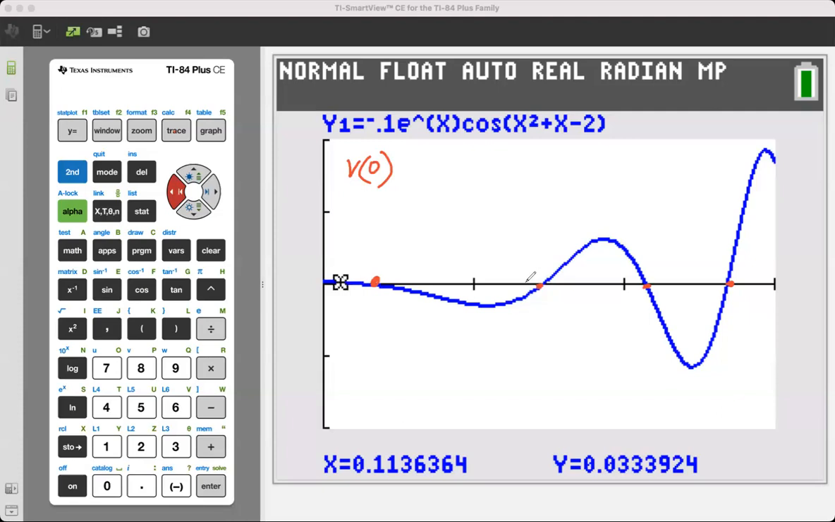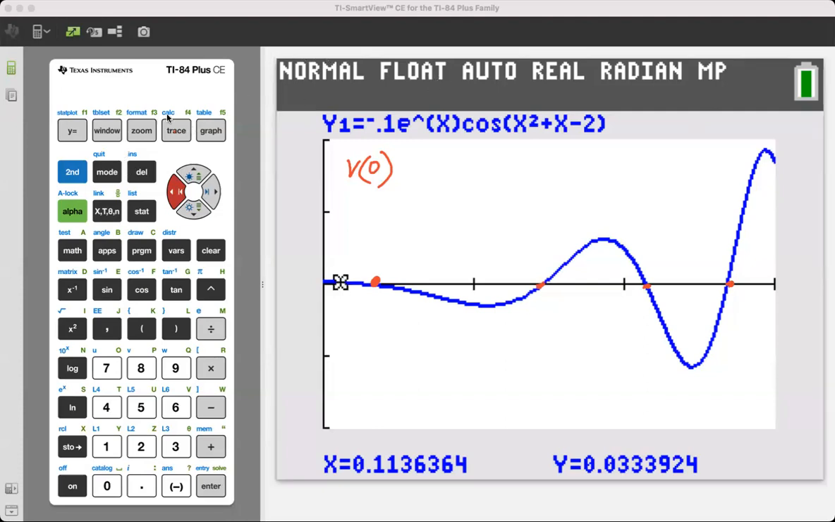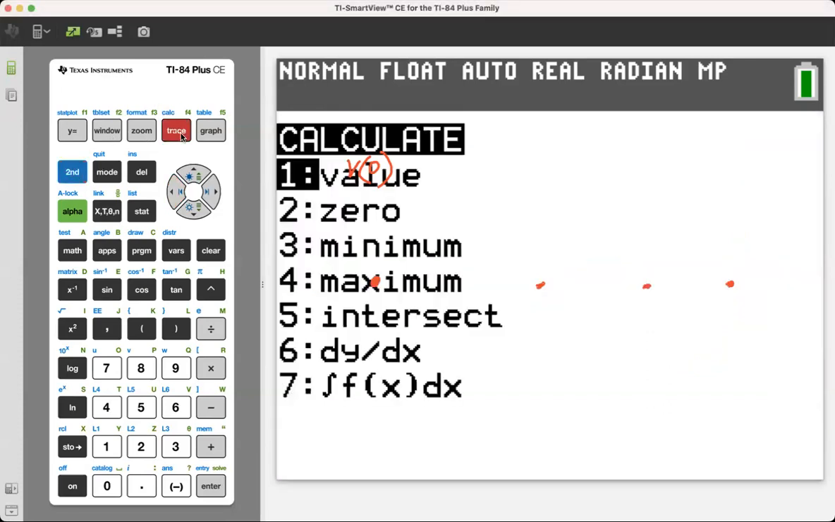C, at what times is the particle at rest? So we need to find the x value of here, here, here, and here. So to use that on the TI-84, that would be the 0 function. So if we go into the calculate menu, which is second trace, this would be function 2 for 0. So if I hit 2,